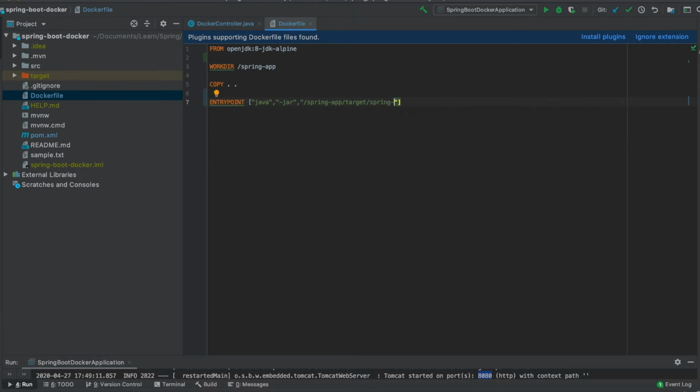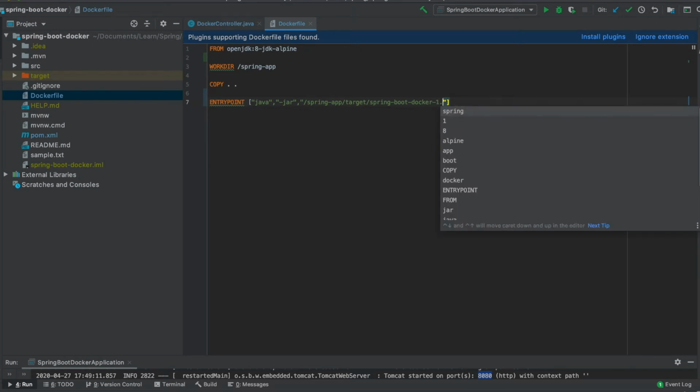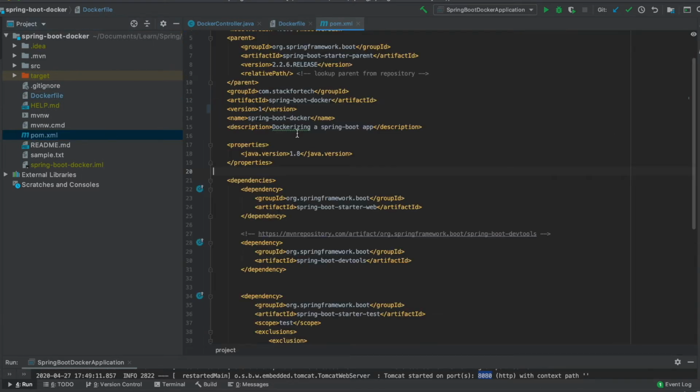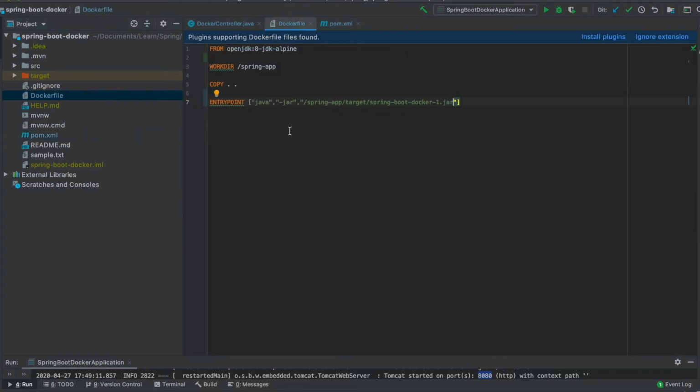My application jar name would be spring-boot-docker-1.jar. Let me cross check once. In pom.xml I mentioned the name as spring-boot-docker and the version as 1, so it will make spring-boot-docker-1.jar. So we have this Dockerfile created.